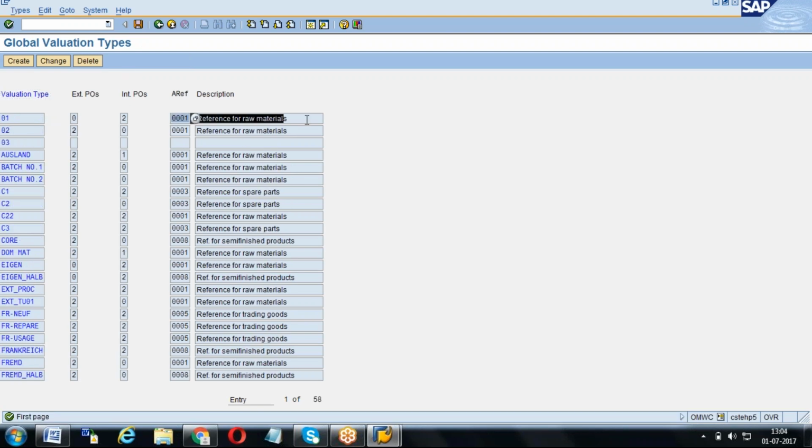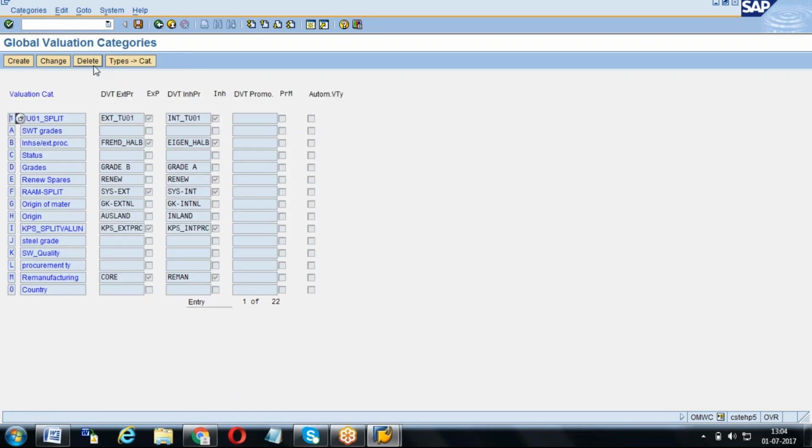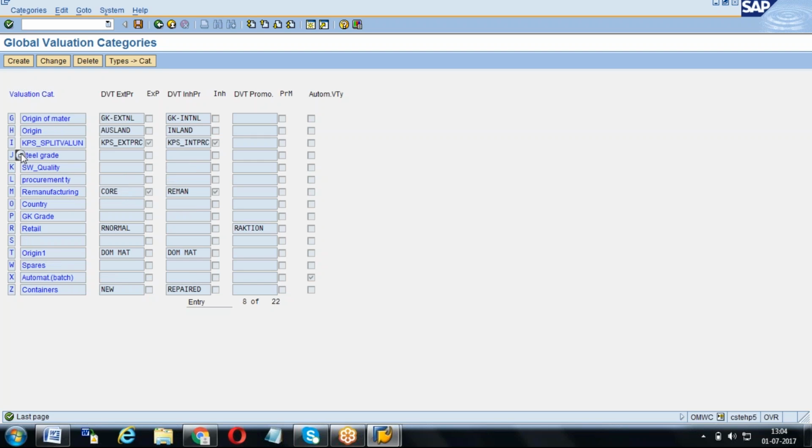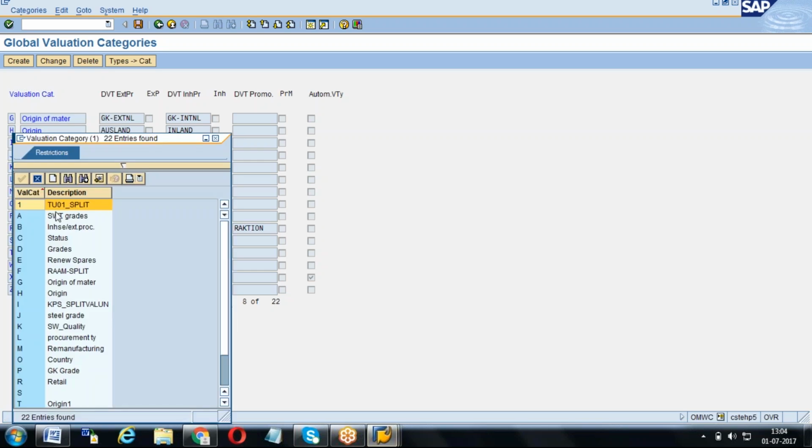That account category reference will be useful during creation of these valuation types. These categories, we can have different valuation categories. See, as I told you, origin, grade, A grade, B grade, C grade, origin, domestic, import, and also any different kind of procurement, whatever type you want to use.